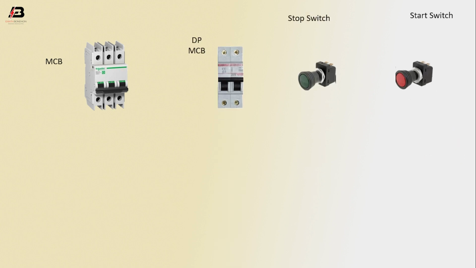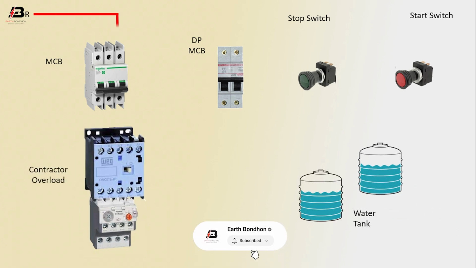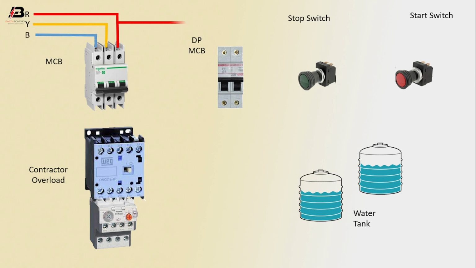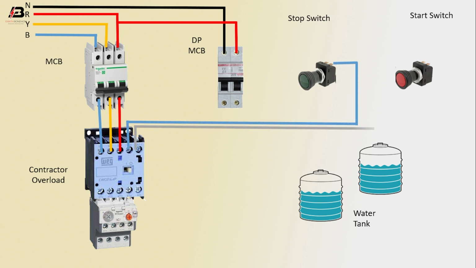So viewers, let's start. TP MCB circuit breaker, DP MCB, stop switch, start switch, contactor, overload, water tank. First phase connection, second phase connection, third phase connection to DP MCB, neutral connection to DP MCB, three phase connection from TP MCB to connect contactor, output connection from contactor to connect stop switch, output connection from contactor to connect start switch,